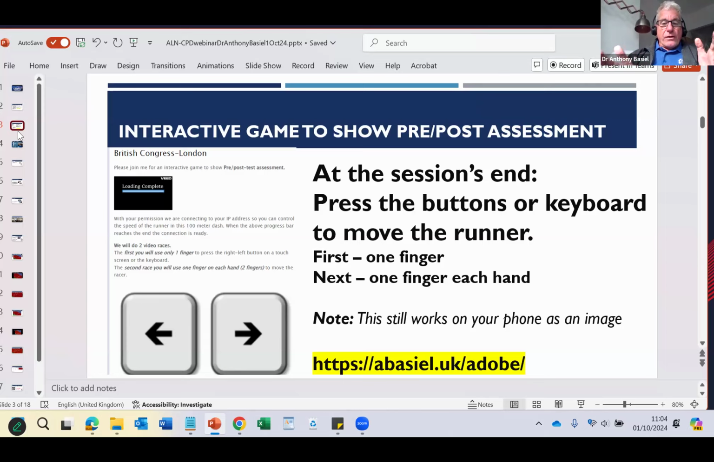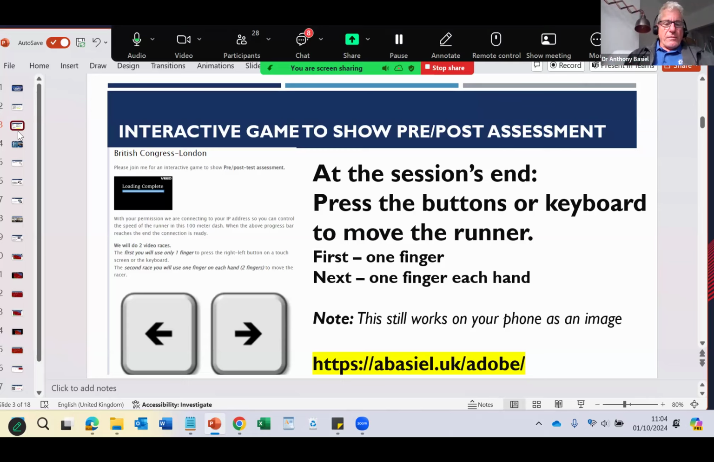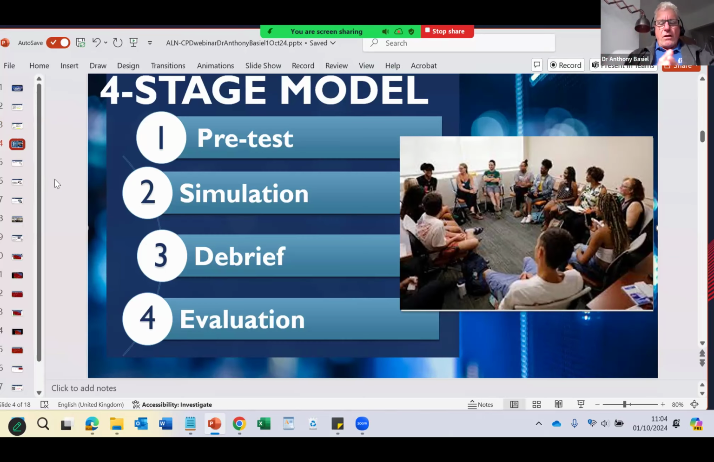Now, if you have a computer, laptop or keyboard, you can actually use the left and right arrows on your keyboard. Okay, so you have the choice: touch screen, touch the buttons, or keyboard using the left or right arrows. All right, so get all that set up, get yourself ready, because we're going to be taking a look at